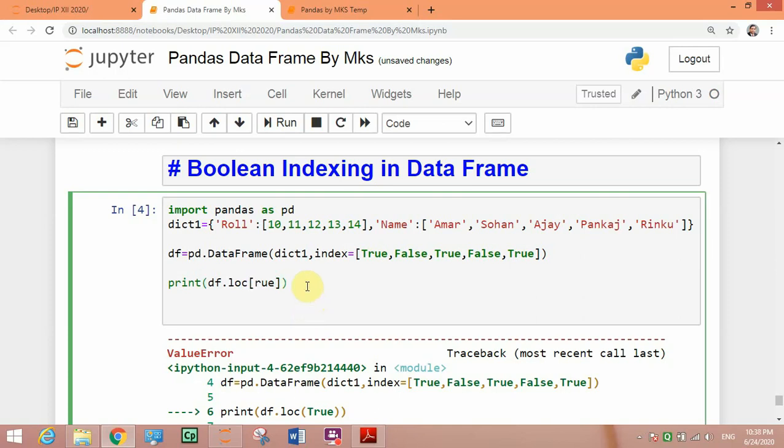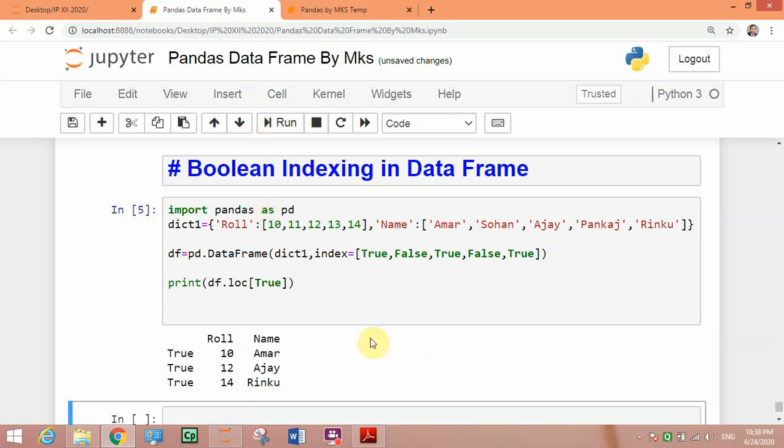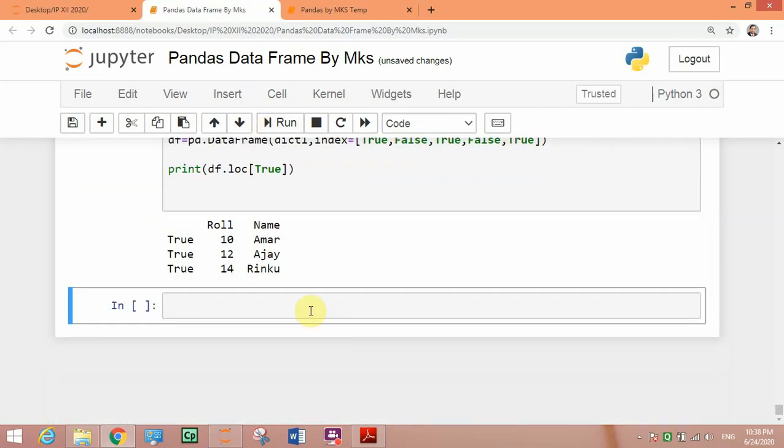So this was the error, and it will be true, like this you have to write. And now you can see here the only records are coming in output which has index value is true.